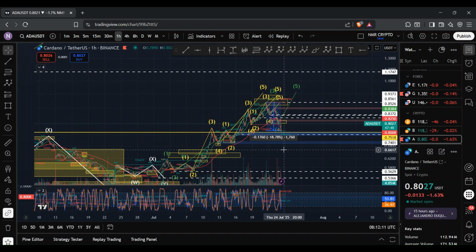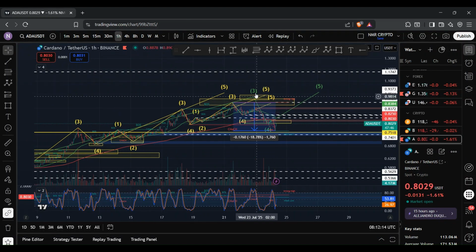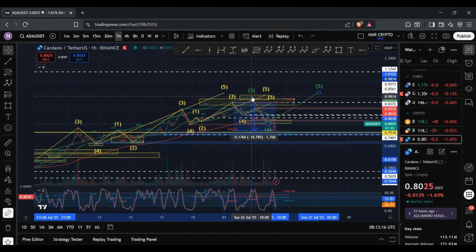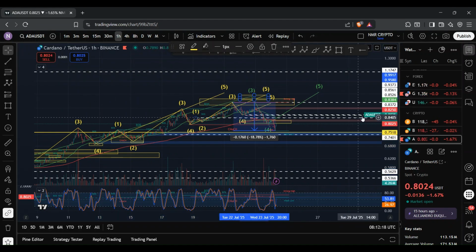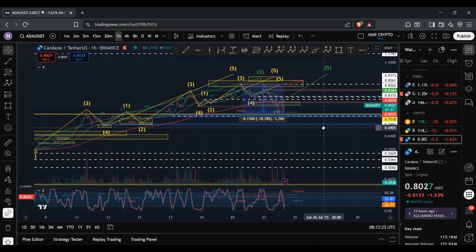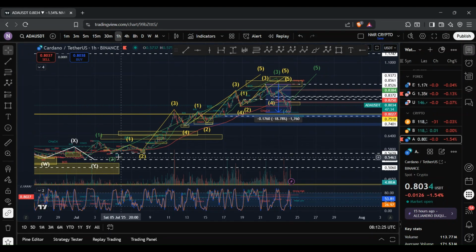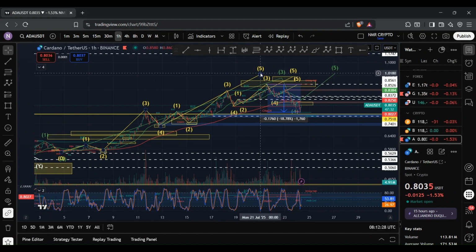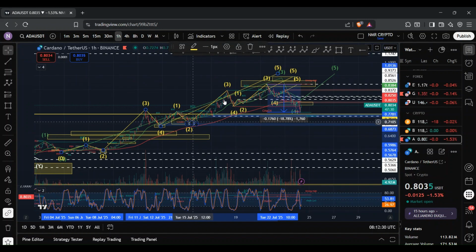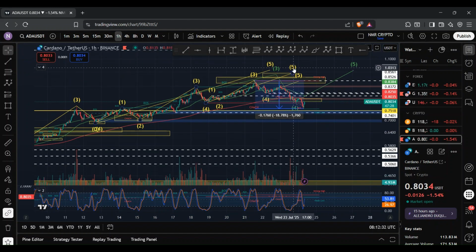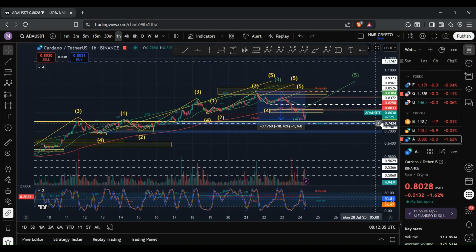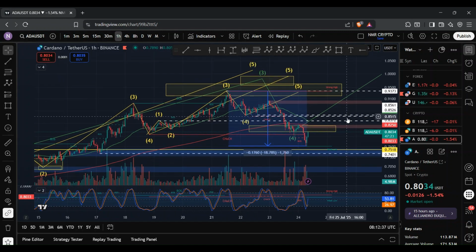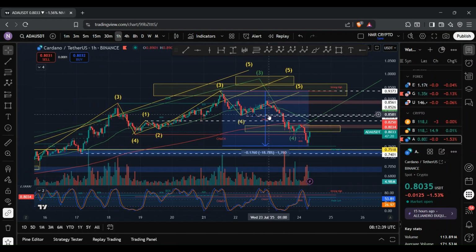And I talked about how there were two potential setups in play, with one of them being us being within this third wave, where there was potential for that third wave to tap into this region between 95.8 cents to 99.17 cents, given the fact that within a third wave, I was tracking a 5-hour structure, where this fifth wave was made up of an internal 5-hour structure, and I was looking for that fifth wave to then tap into this region. But as you can see, we failed to tap into that region, and as a result of that, what we can do is discount that scenario from taking place, which leads me to the second scenario.